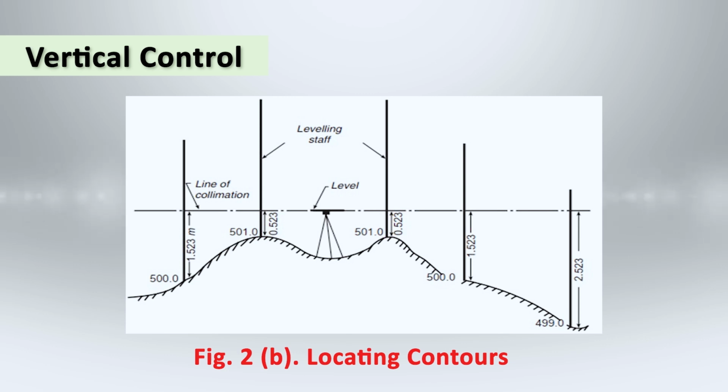But the lower value contour, that is 499 meter, 498 meter, etc. can be located depending upon the length of the leveling staff, that is whether it is 4 meter, 4.5 meter or 5 meter. It is necessary that the line of collimation should intersect some portion of the staff for locating